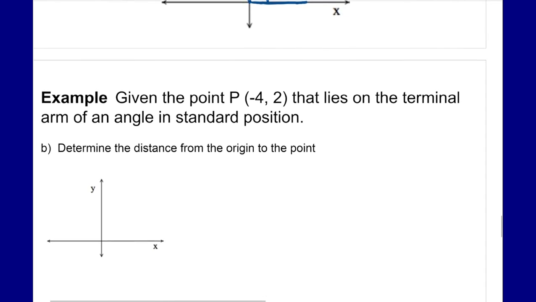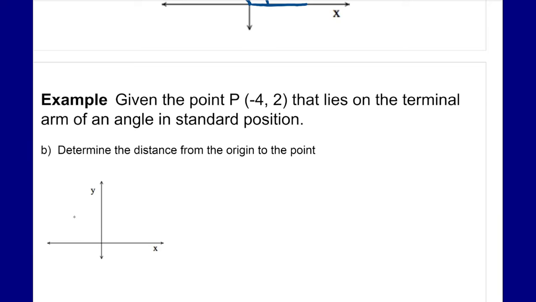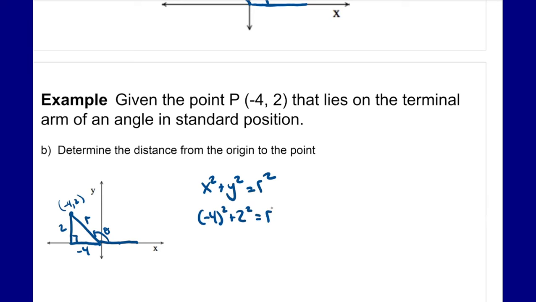Determine the distance from the origin to the point. Well, if I draw my line out, this is (-4, 2). I can still make a right angle triangle to -4 and r and go through the same steps. x squared plus y squared equals r squared. (-4) squared plus 2 squared equals r squared. 16 plus 4 equals r squared. 20 equals r squared. So the square root of 20,